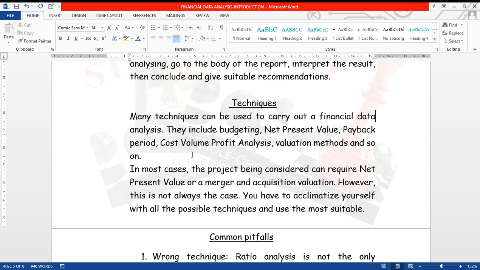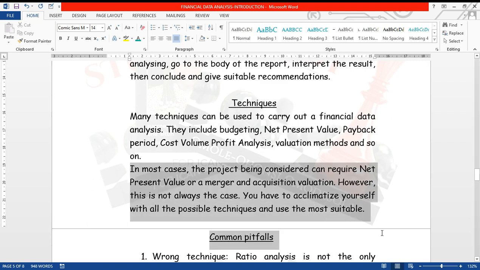It's not always going to be net present value, but in most cases it can be, because if you are appraising a project, it can be a net present value question. So that's why you have to acclimatize yourself: go back to your notes, look at your past questions, your textbooks, your study texts, and scan through again. Most of the evaluation techniques have been taught before in previous levels. CVP analysis you have been taught before. I think CVP was taught in costing in your ATS 3. If you did not do ATS, you can go through it again.